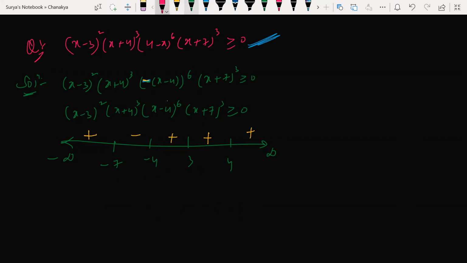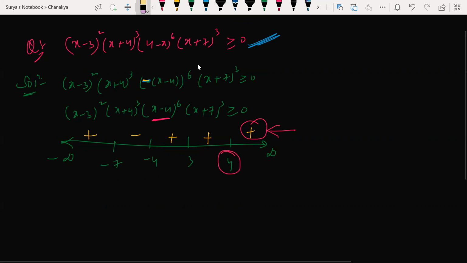That's it. So like x plus 7 whole cube is odd, right? So how did you write plus? Like the sign should change, right? From 3 to 4. No, I repeat, look at the board. That is not odd. I'll show it to you. I started with the plus on the left side. What is the power of 4 here? Sorry, power of 4 is even. Got it.